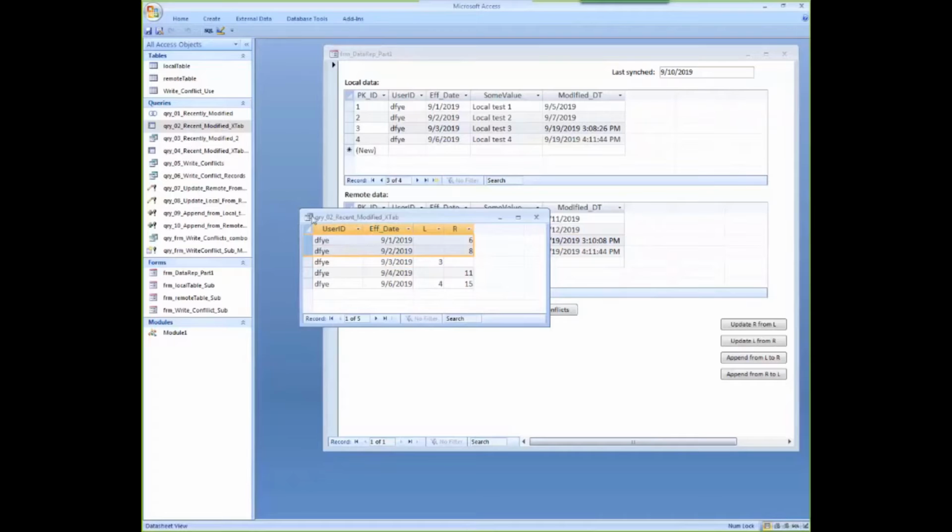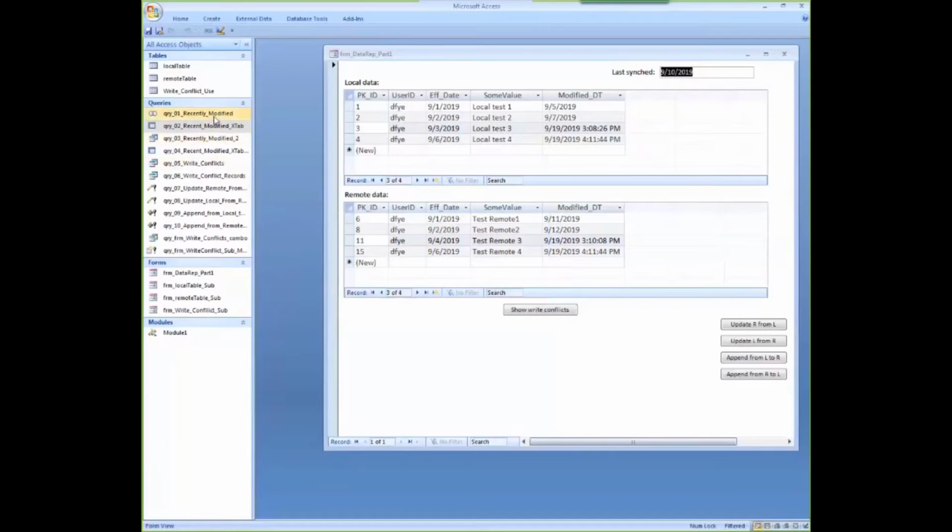So what I realized is that I not only needed to identify the records in these two tables which have changed, but I also need to identify the records in their counterparts on the remote source or on the local source, which have the same unique indexes.